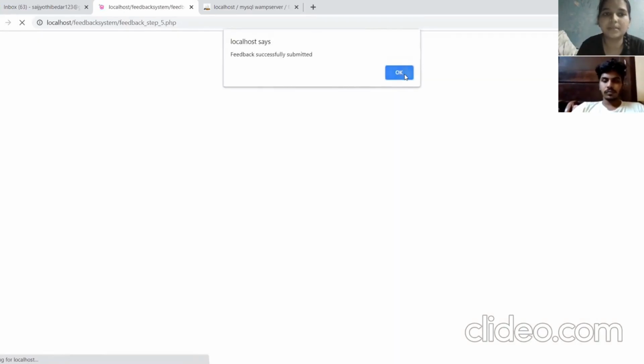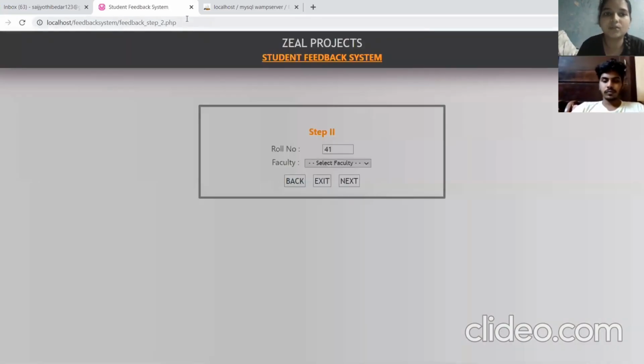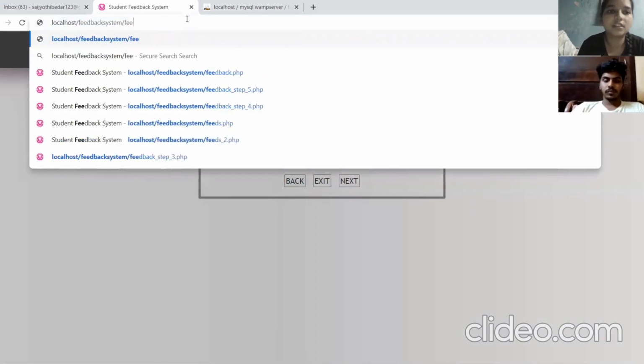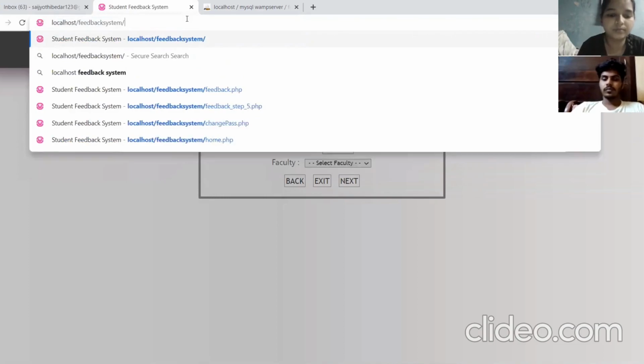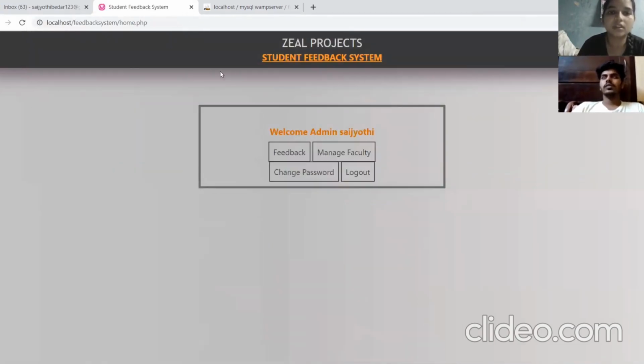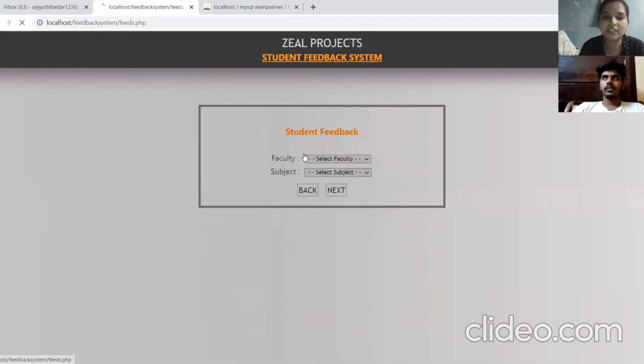Feedback successfully submitted. So for seeing the feedback, here we are going to see the feedback that the person has given, before the roll number.